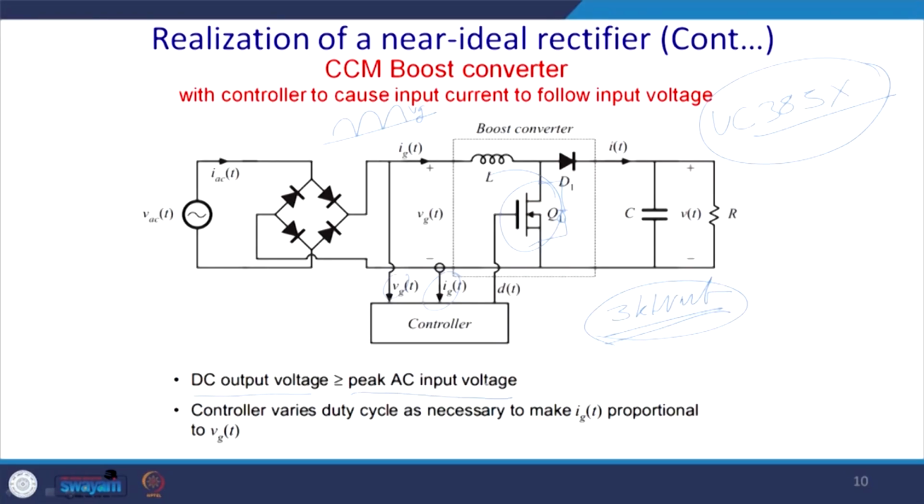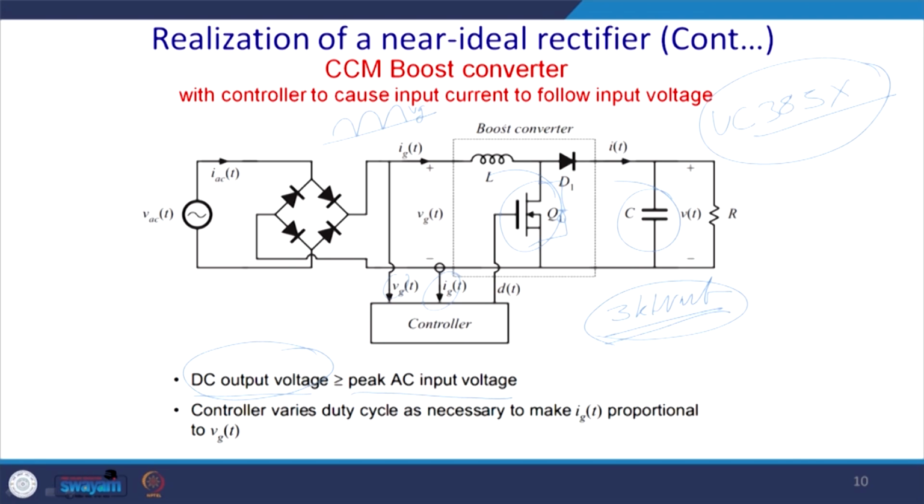So, the DC output voltage is above the peak of the input voltage. The controller varies the duty cycle. So, this is the case. The DC output voltage in this case is more than the peak input voltage. Why does it not work otherwise? Why do you require a boost phenomenon? We require to generate the